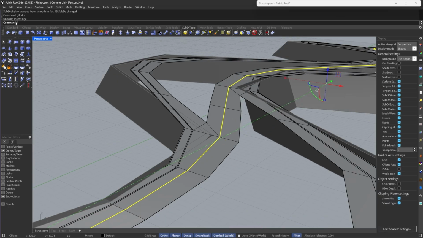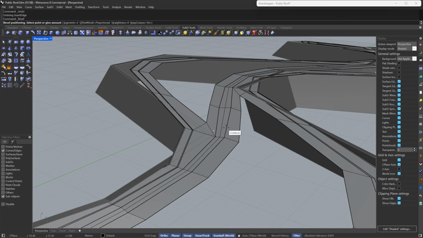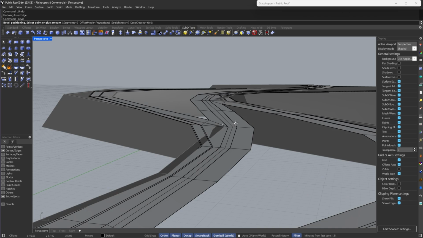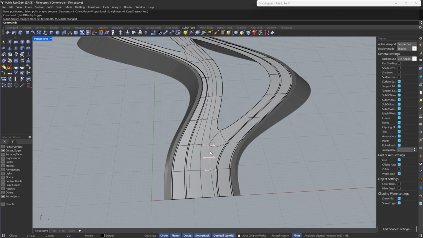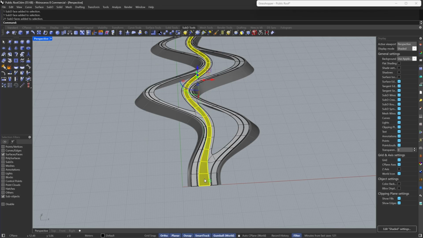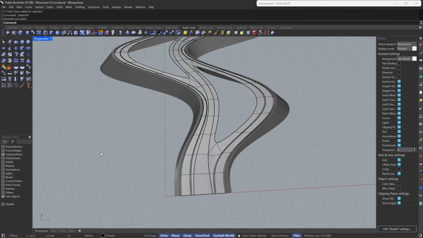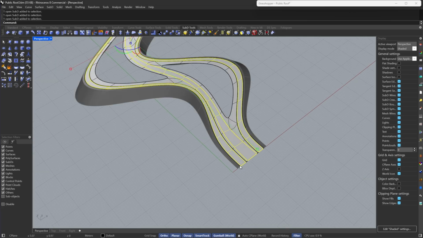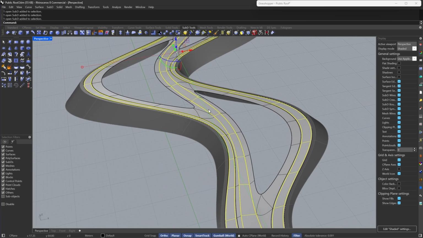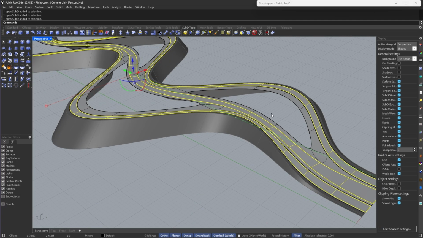But I think in this case maybe we'll try bevel, and bevel is not the best in our case, but let's try it anyway. And right now I'm beveling like this, and then I will see what I have done. So I will simply remove this middle curve, and then I will try to extract this. And right now, let's add some materials for all of this. So right now if I select all of these and then add,